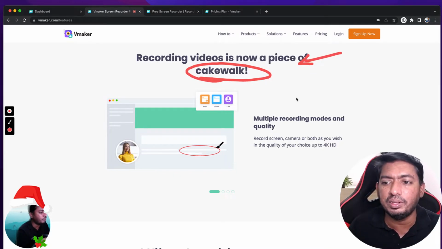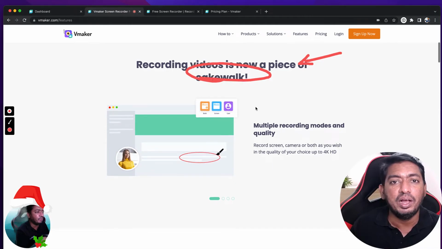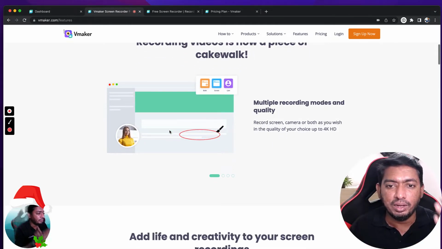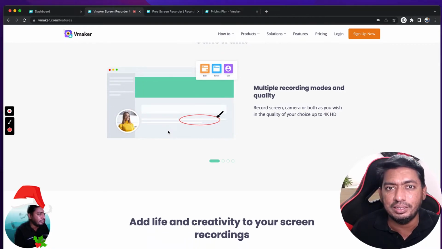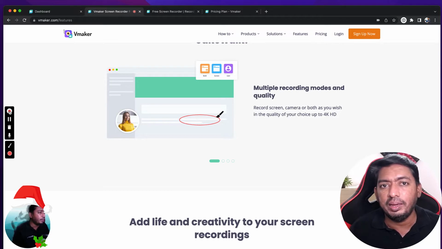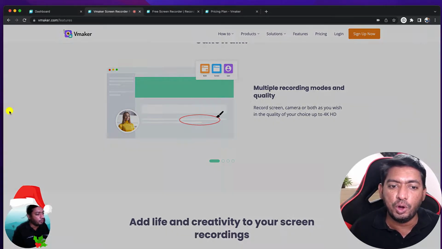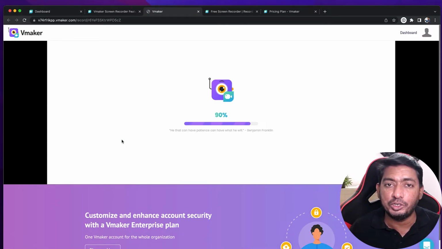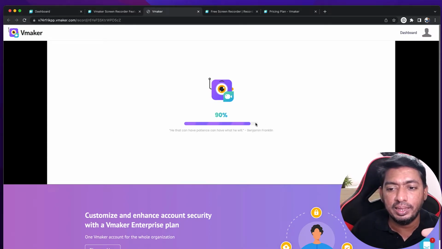So it is super simple and very interactive, and within a few seconds it will disappear, and it will make the entire recording process a lot easier. So once I complete my recording, I can use either the keyboard shortcut by pressing Command Shift 2, or I can simply click on the stop button on the recording control panel, and immediately that specific video will